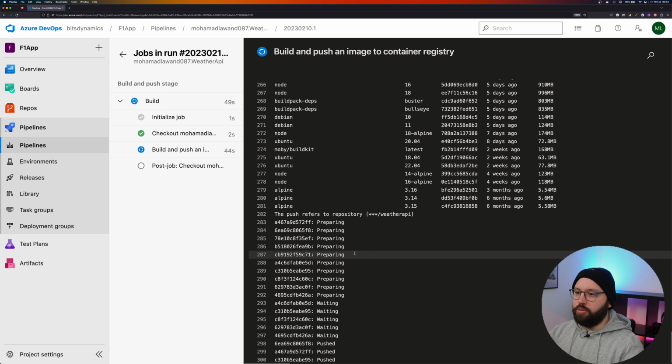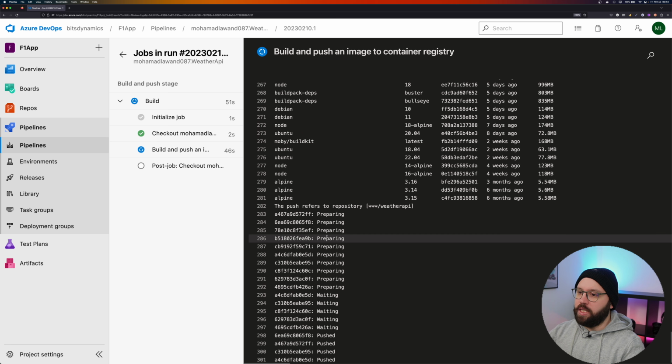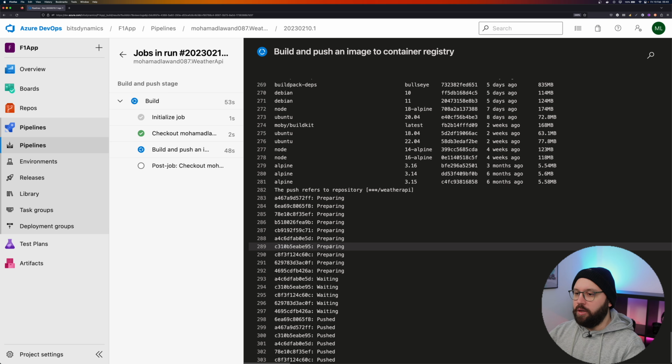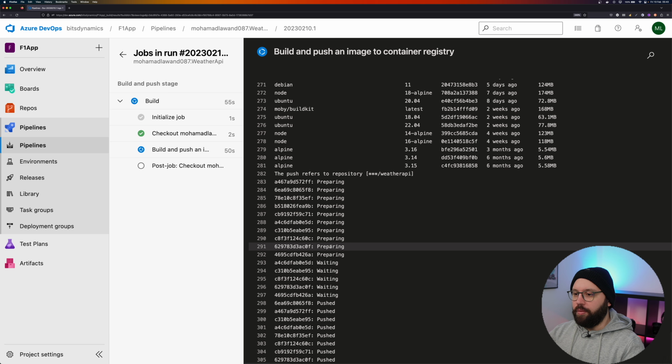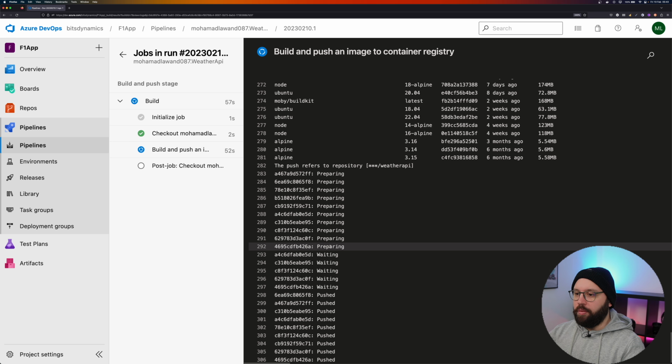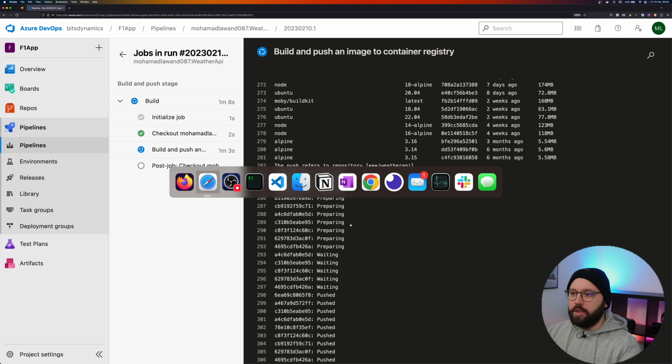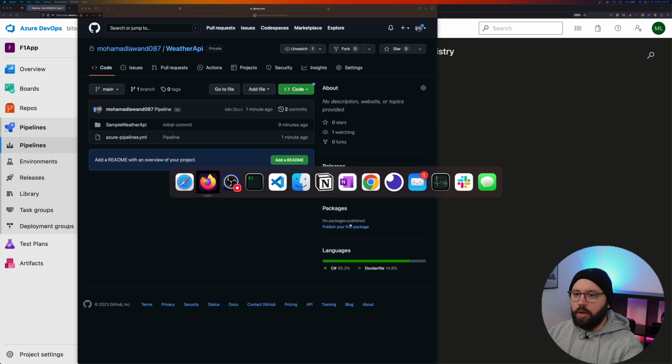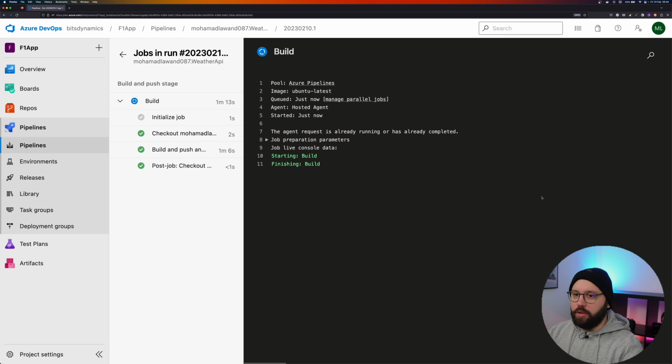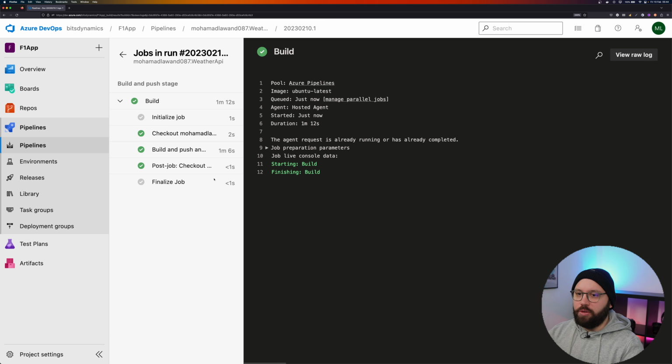Perfect. Now it's actually pushing this build image after it has finished it into my container registry. And while this is finishing, let us showcase one more thing. So if we go back, actually it finished already. Okay, so now it's just doing some final job. And if I go back to my container registry,